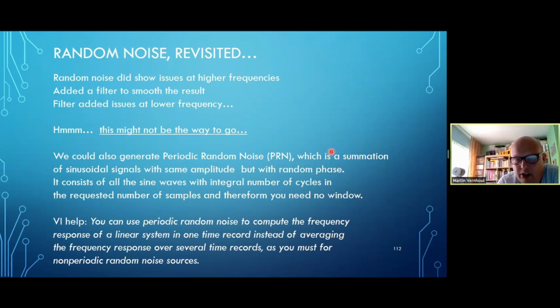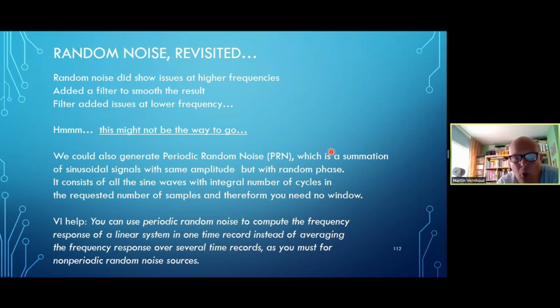So I started with random noise, but I come back to it. This might not be the way to go. I need better random noise. There is a different VI called periodic random noise, which is the summation of sinusoidal signals with the same amplitude, but with random phase. And it consists of all the sine waves with an integral number of cycles in your requested number of samples. And therefore,